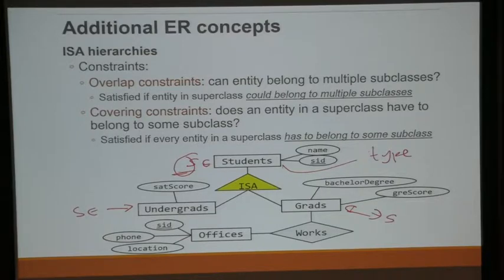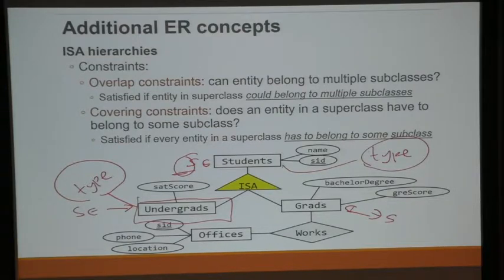Okay? Now, when you are at this particular table, you need to have that type attribute as well. And the type attribute must refer to this type attribute. But this type attribute can only be undergrad. Okay? That ensures that the overlap constraint is not satisfied, because you cannot put a graduate student there. So yeah, those are just some different tricks. But let's look at the simpler approach.